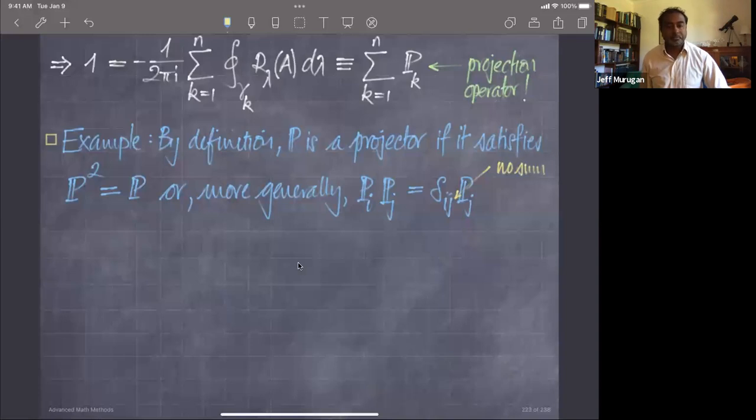Okay, very good. So what I have to show here is that for the integral operator that we have, P_i P_j is delta_ij P_j. So I'm going to show the case i equals j, and then I'm going to leave for you the case i not equal to j. So let's show